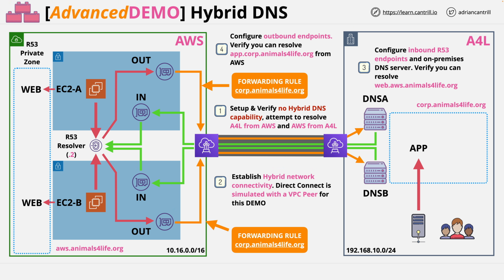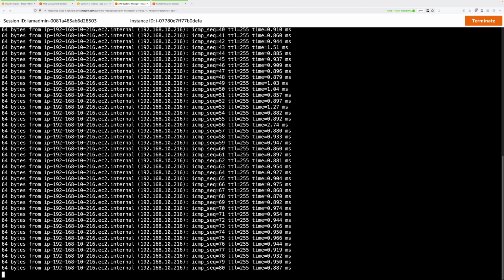And at this point, you've successfully configured integration in both directions between these environments. So you've configured inbound integration from the simulated on-premises environment into AWS using inbound endpoints, and you've configured the reverse, so integration from AWS to the simulated on-premises environment using outbound endpoints. And that's everything that I wanted you to do in this demo lesson. I hope it's been useful and you've gained some practical experience of how to perform a fairly complex integration of AWS and on-premises DNS environments.